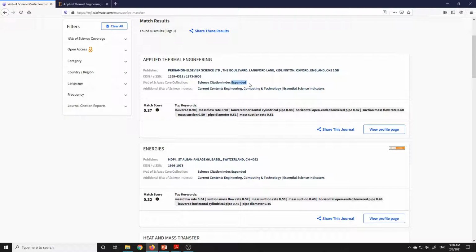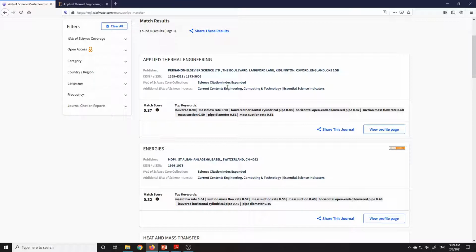Earlier, when it was in the form of a book, it was limited to suppose 1 GB, 2 GB, but now when they have uploaded it online, the expanded part, the storage amount has increased to about 10 GB, 15 GB, whatever. This is the basic idea. This is the basic difference between SCI and SCI expanded, but both are considered the same.